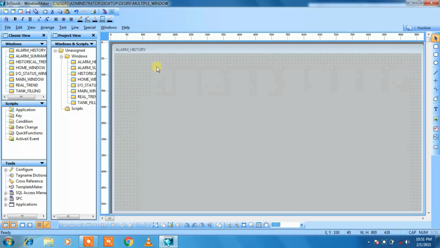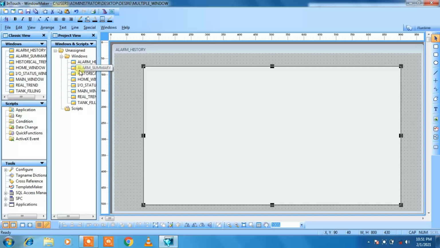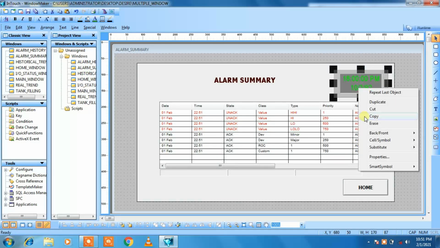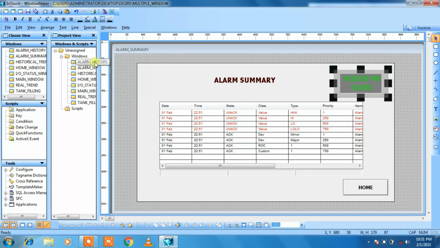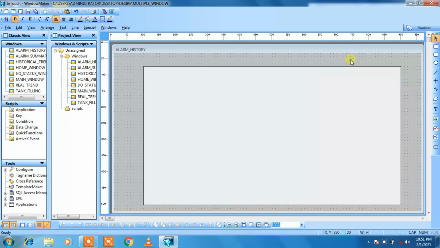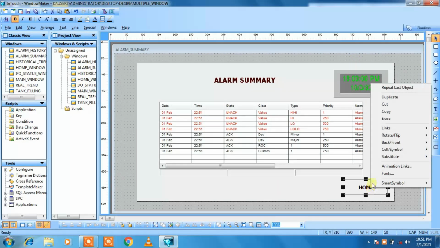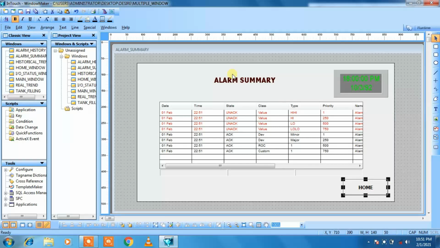Then I want clock also, so I will copy it. Then just paste it. I also want home button, so just copy it from the previous windows and paste it.